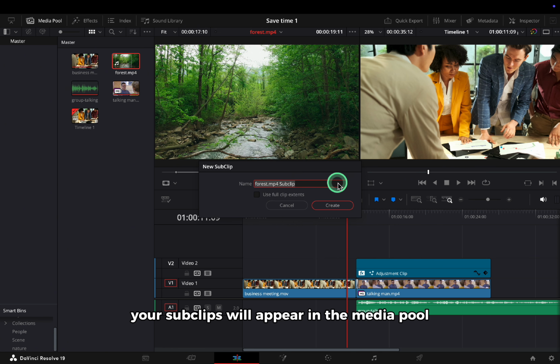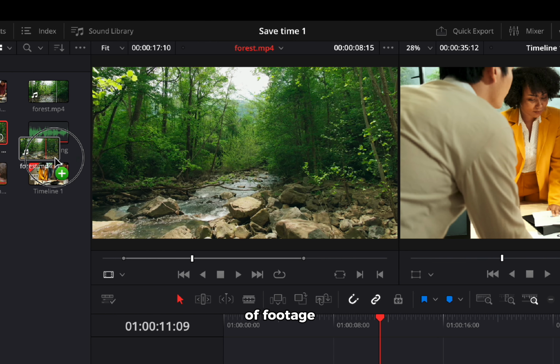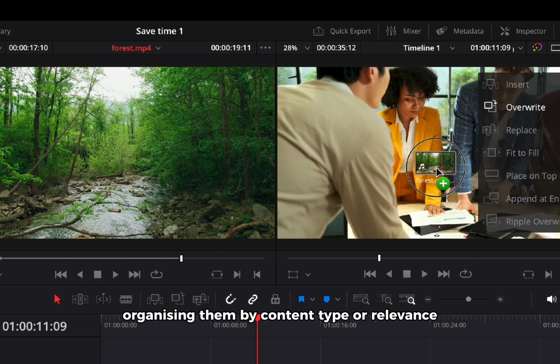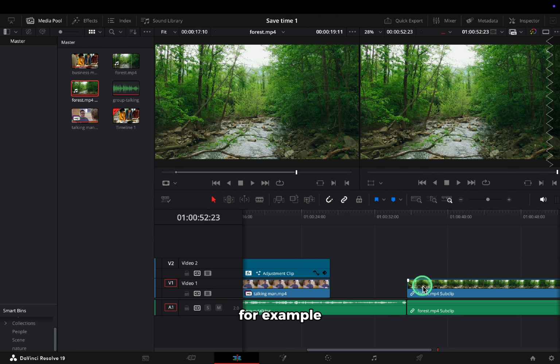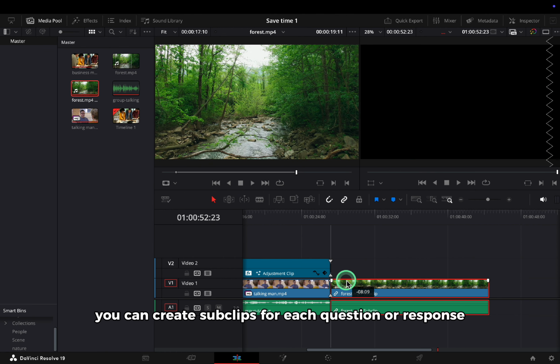clip. Your subclips will appear in the media pool with a unique icon, ready to be dragged into your timeline. You can create as many subclips as needed for one piece of footage, organizing them by content type or relevance. Subclips are perfect for editing interviews. For example, you can create subclips for each question or response, allowing you to easily reorder and refine the narrative